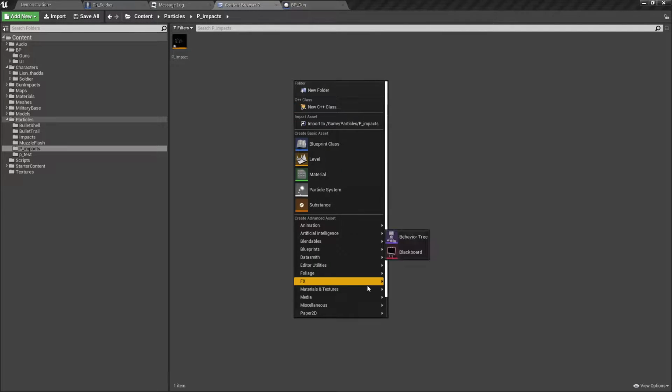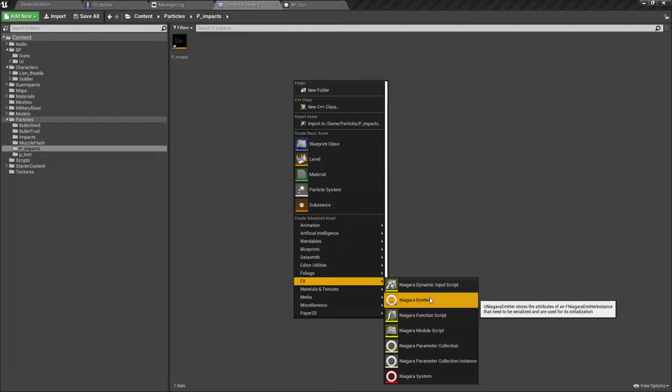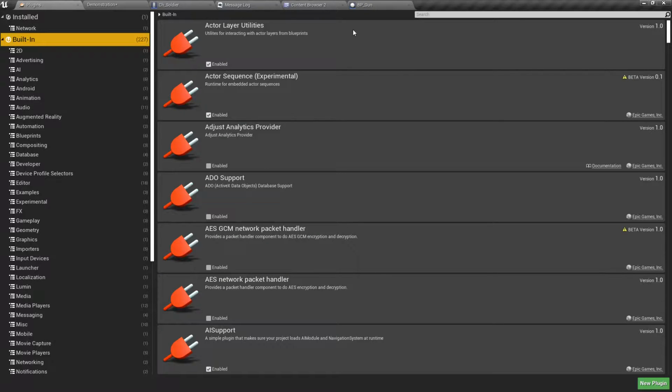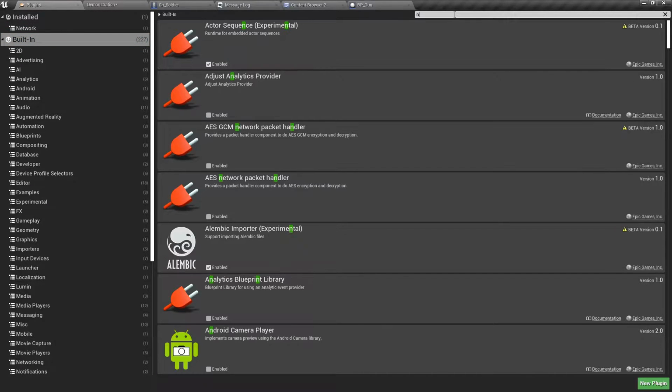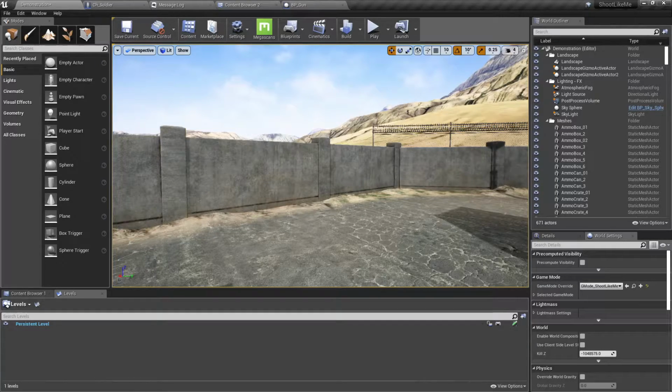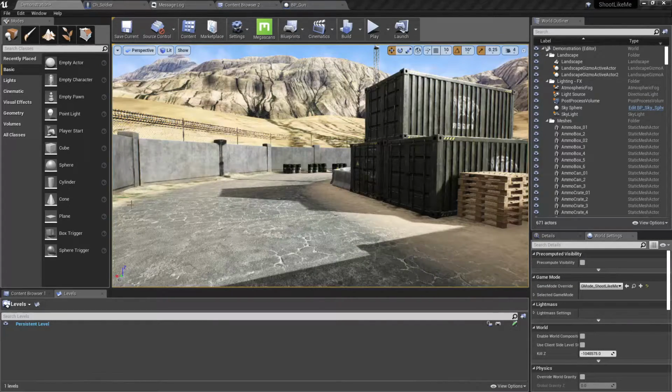And if you don't see this effects option, you can simply go to plugins and enable Niagara, this one, and restart the editor. You will see the option. Right,